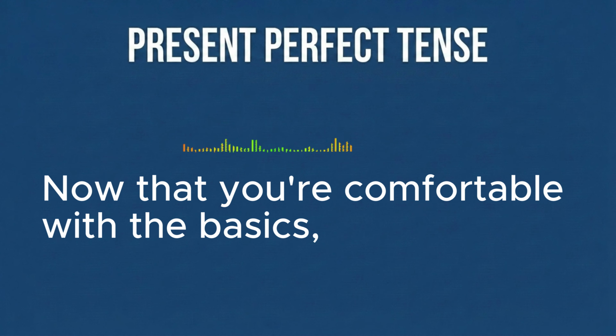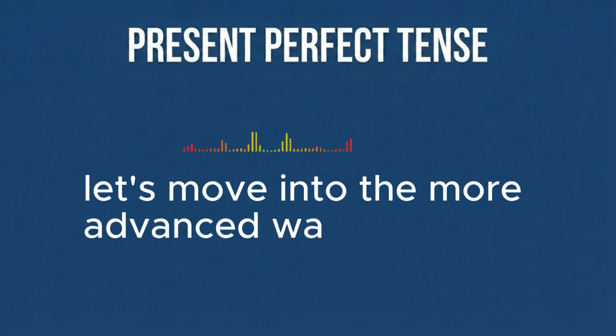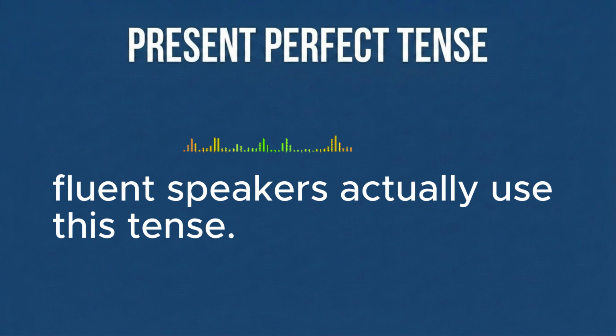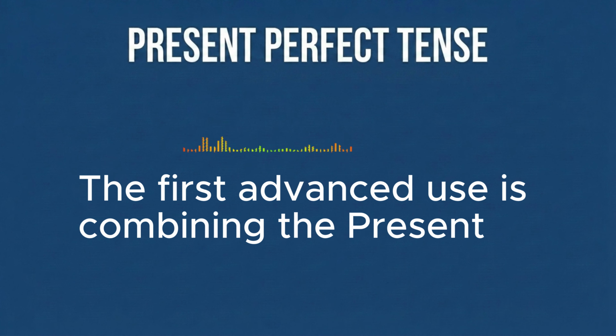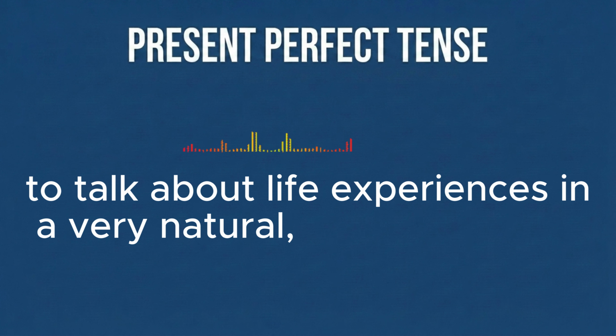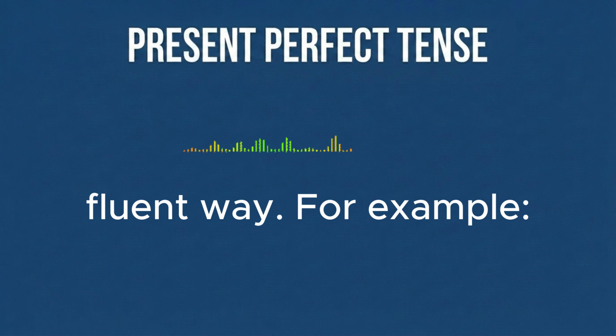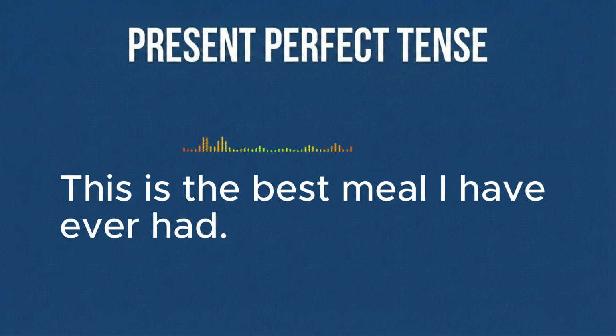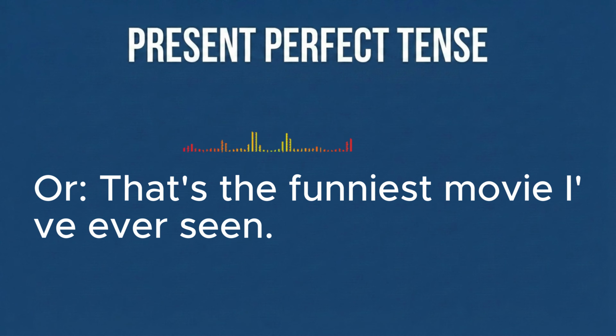Now that you're comfortable with the basics, let's move into the more advanced ways fluent speakers actually use this tense. The first advanced use is combining the present perfect with superlatives to talk about life experiences in a very natural, fluent way. For example, this is the best meal I have ever had, or that's the funniest movie I've ever